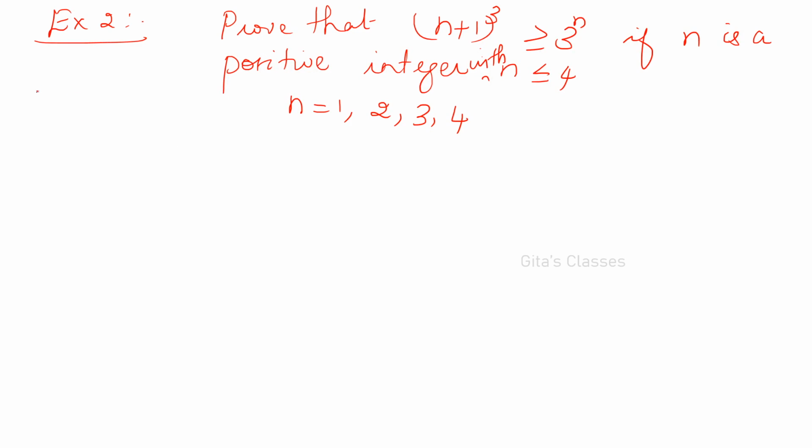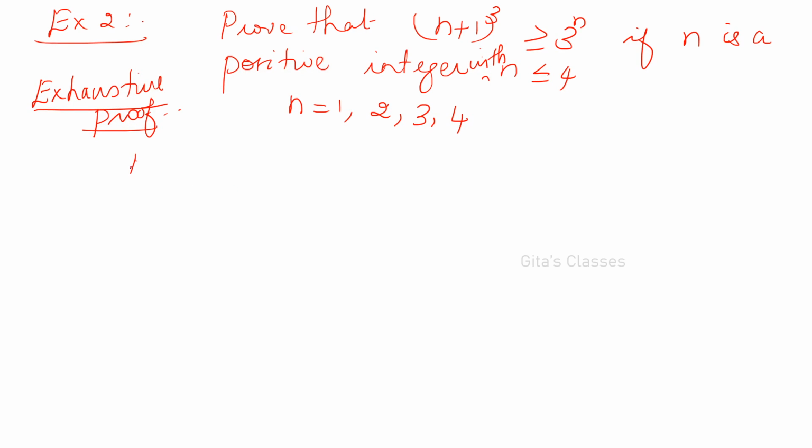Okay, so this is called exhaustive proof. Exhaustive proof is a particular case of proof by cases. In proof by cases, we have so many cases, and in exhaustive proof we also have so many cases. What is the difference then? In proof by cases, possibilities are there. Here exhaustive means all these values we know, we are certain that these are the values. So for each and every value you have to prove.